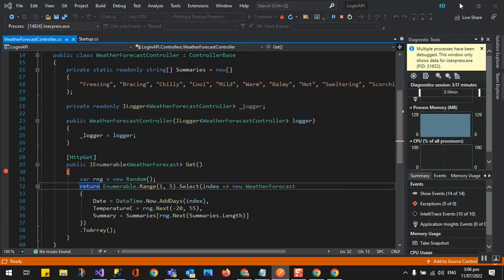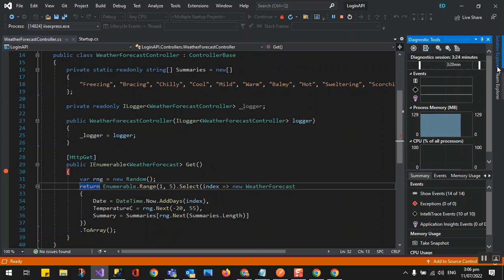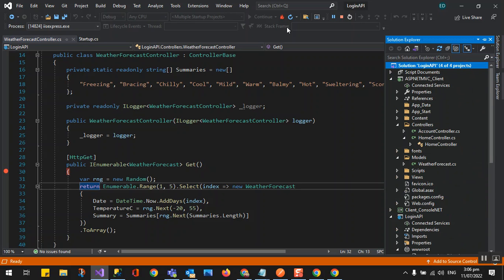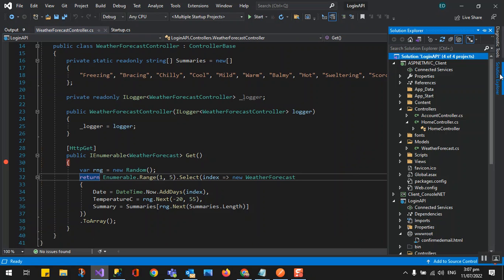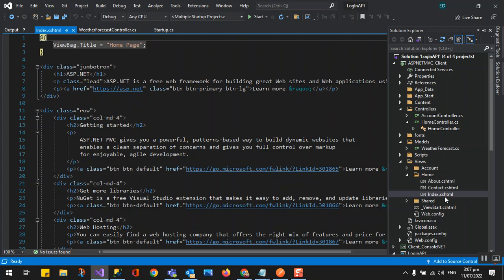Now we go to our client application in ASP.NET MVC. I have created it here. Let me just stop it. So this is our ASP.NET MVC. Basically, we added the login, the index, and the account.